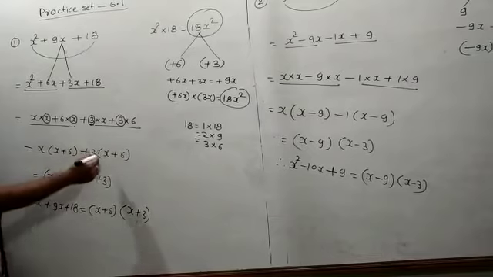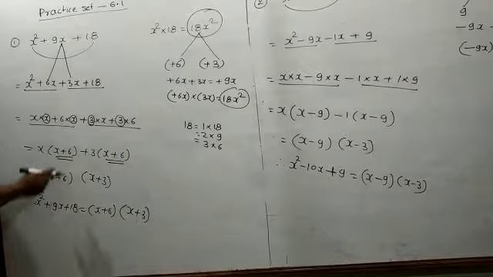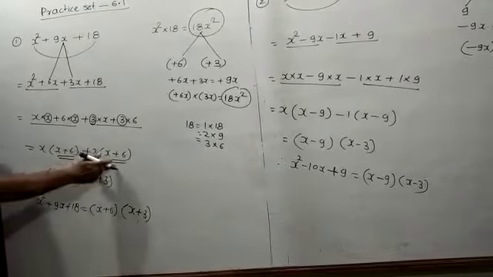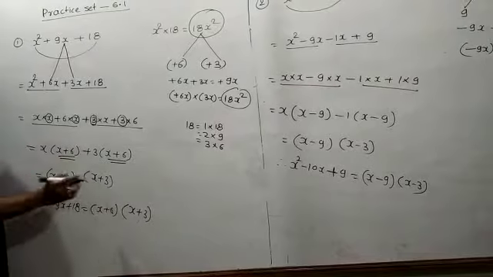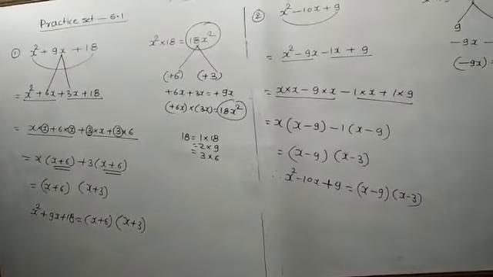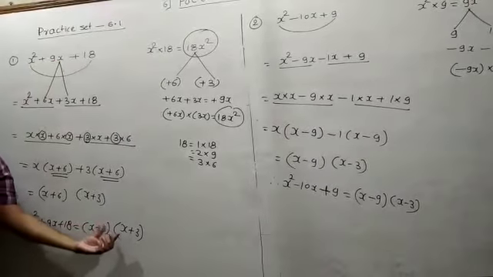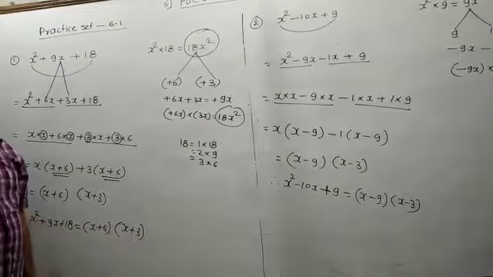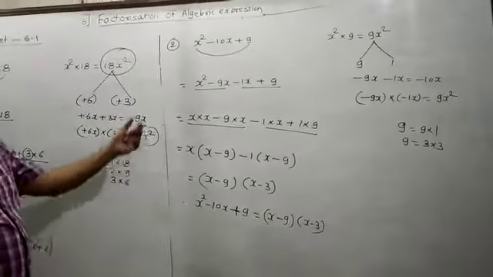Then for this step, both the brackets have to come same, and these are coming same. So you have to take out x plus 6 common. At that time the remaining thing, x plus 3, you have to write in another bracket. From that you can say that the factors of x square plus 9x plus 18 are x plus 6 in one bracket and x plus 3 in another bracket. Everybody understand? Then you have to start with the next example.